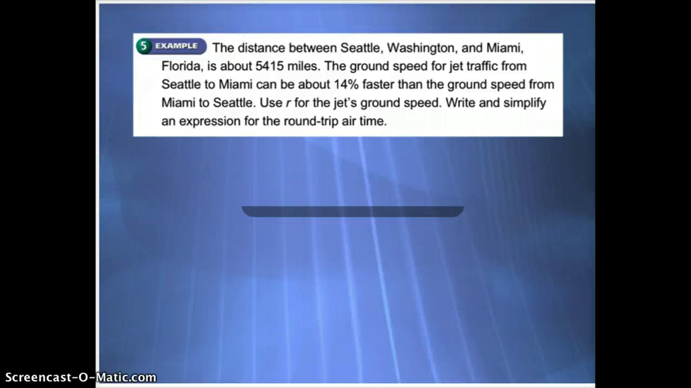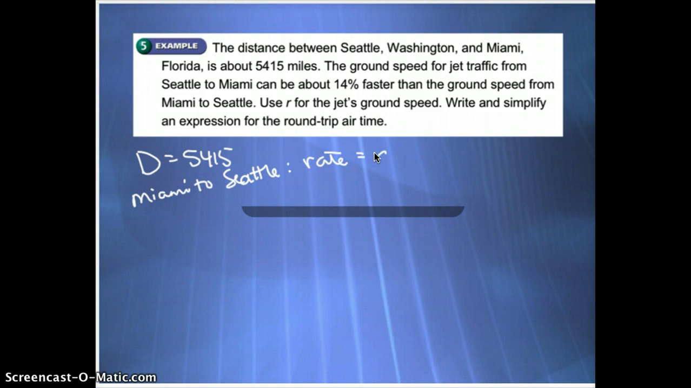So the distance between Seattle, Washington and Miami, Florida is about 5,415 miles. So distance equals 5,415. The ground speed for jet traffic from Seattle to Miami can be about 14% faster than the ground speed from Miami to Seattle. So we're going to call Miami to Seattle, it says use R for the jet's ground speed. Its rate is going to be called R. For Seattle to Miami, its rate